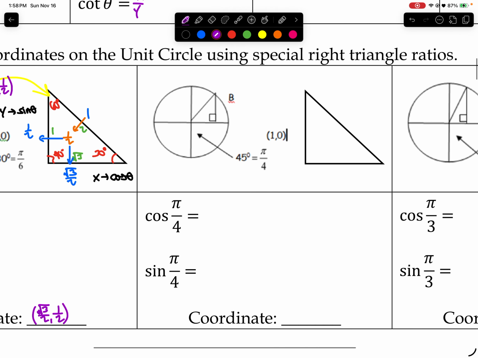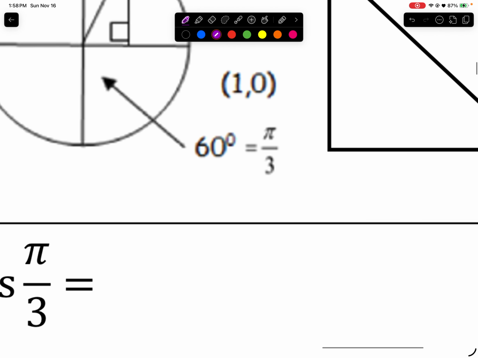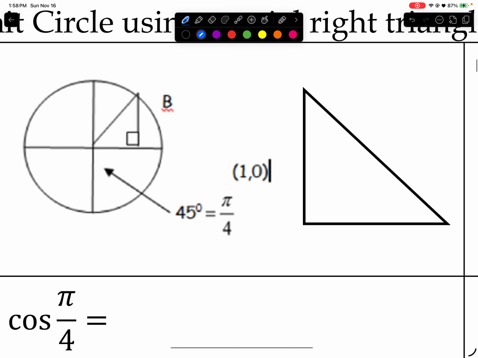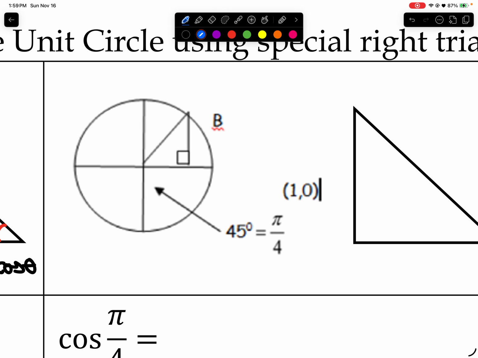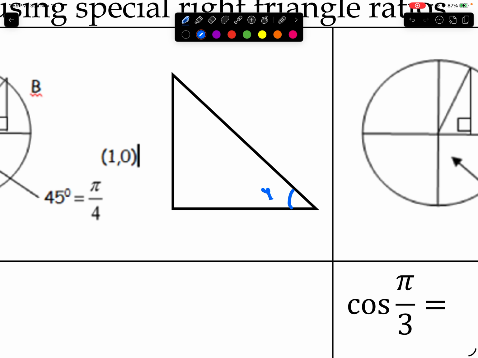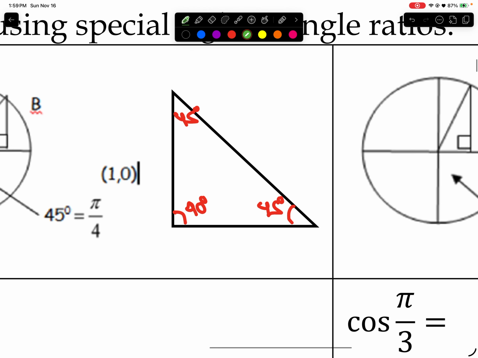So now we're going to do the same idea for pi over 4 and then for pi over 3. So I'm going to try to do these a little bit quicker. We're referencing the angle down here, which is pi over 4, which is the same as 45 degrees. So I'm going to reference it as 45 degrees, just so we can use our special rights. So we know this is going to be 90 degrees, and then of course this is 45 degrees up here as well. So your special right triangle ratios for 45, 45, 90 is going to be 1, 1, and root 2. And then the radius of your unit circle, as we know, is going to be